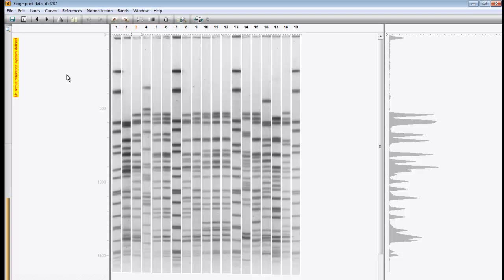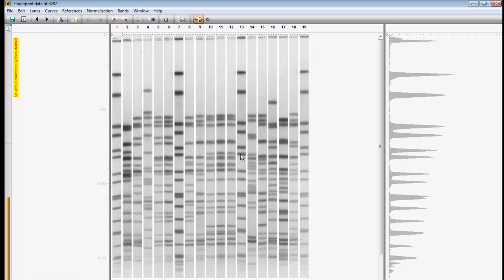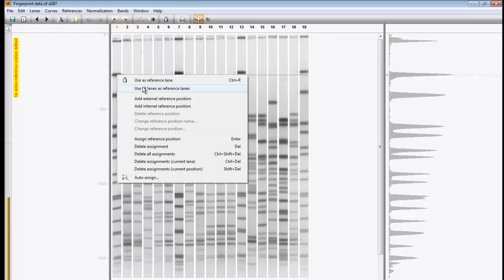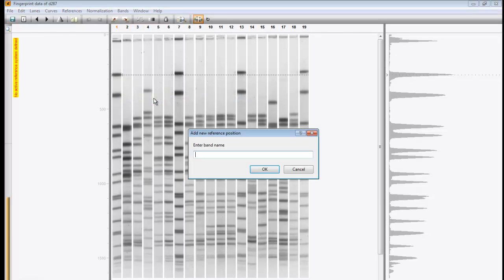Since this is a new database, I will first have to define the reference positions that will be stored with my fingerprint type. I do this by right-clicking on a reference band and choosing Add External Reference Position. Now I enter the molecular weight of this band.